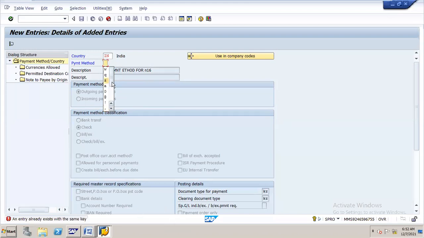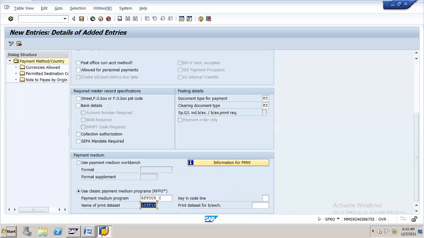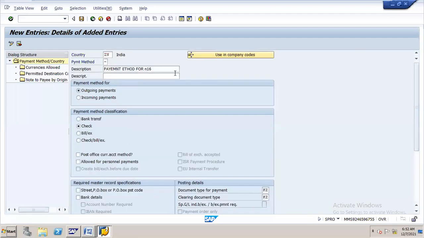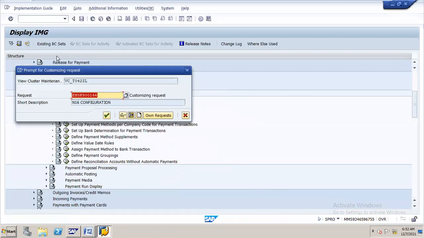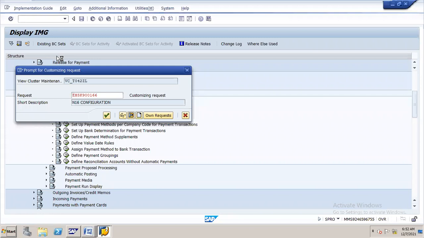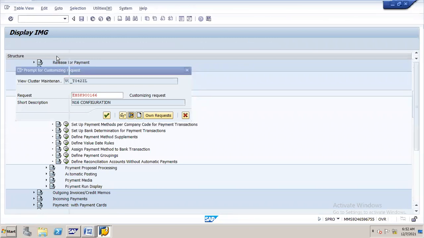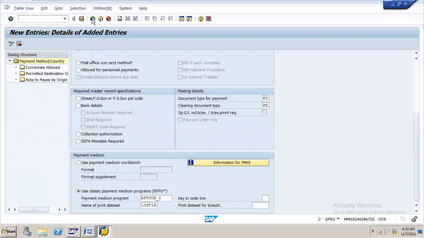See, I used almost all of them. Okay, maybe I didn't use this. Yeah, okay, fine. This is our payment method. Okay, saved. So I just created one payment method. This is the first step.